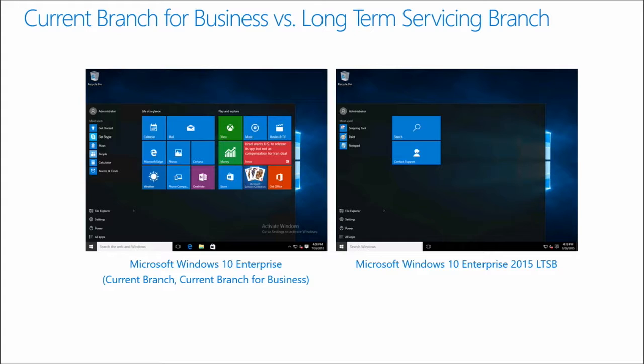All of those are present. With a long-term servicing branch of Windows, all of those have been removed. So long-term servicing branch doesn't contain Cortana, doesn't contain the Windows Store, doesn't contain Edge, doesn't contain any of the other inbox apps, because we can't offer long-term support for those applications.